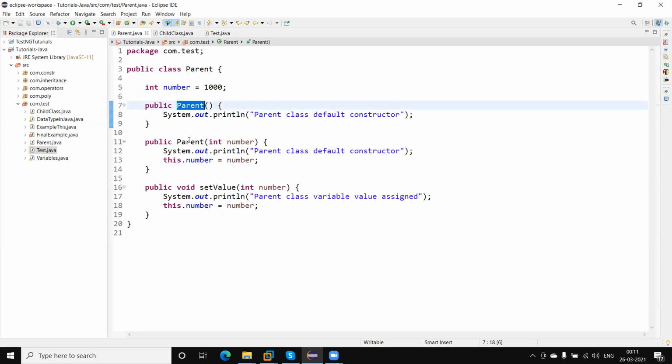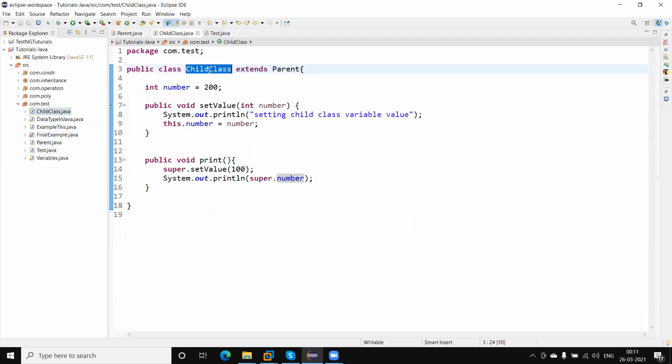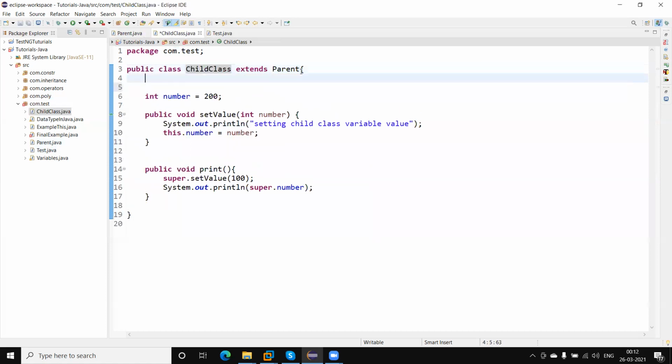One is the default constructor without parameters, and the second is the parameterized constructor. Similarly, I am going to create two constructors in the child class. The child default constructor is invoked, and second is the parameterized constructor.